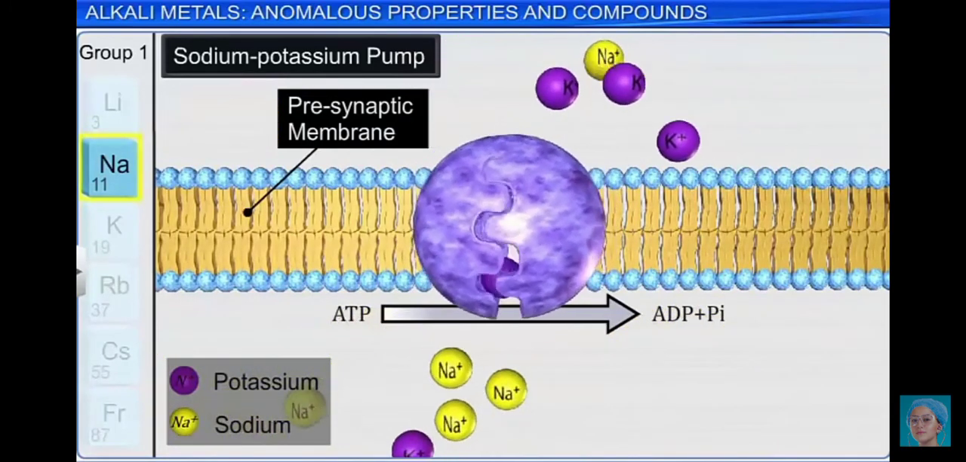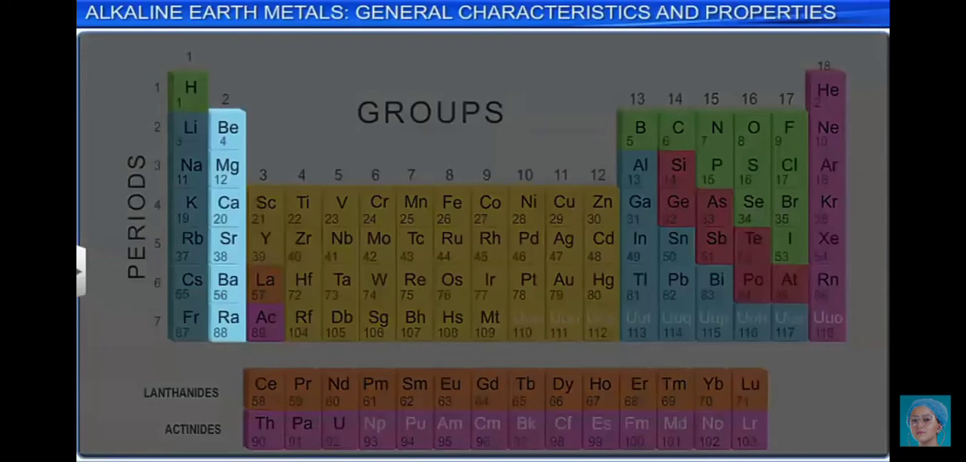The alkali earth metals, which include beryllium,